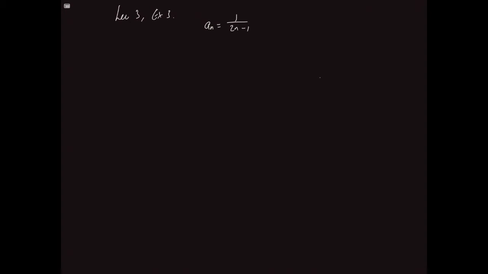So when n equals 1, we've got 1. When n equals 2, we've got a third. When n equals 3, we've got a fifth, a seventh, and so on. It's only a tiny bit different to this 1 on 2n that we just considered. And indeed, it looks like it's getting smaller and smaller and closer to 0. So our conjecture is that a_n tends to 0 as n tends to infinity, just like before, which we could